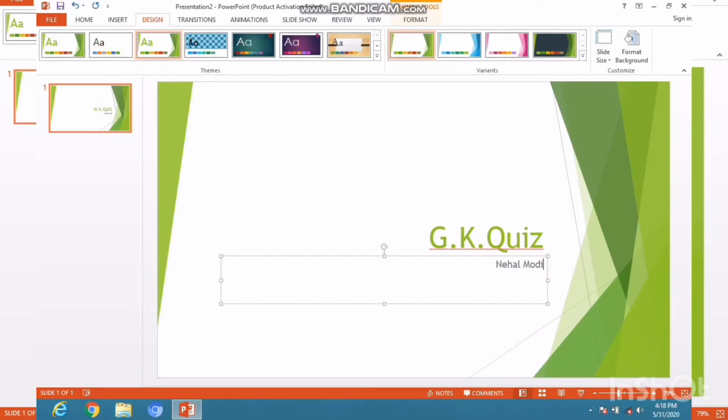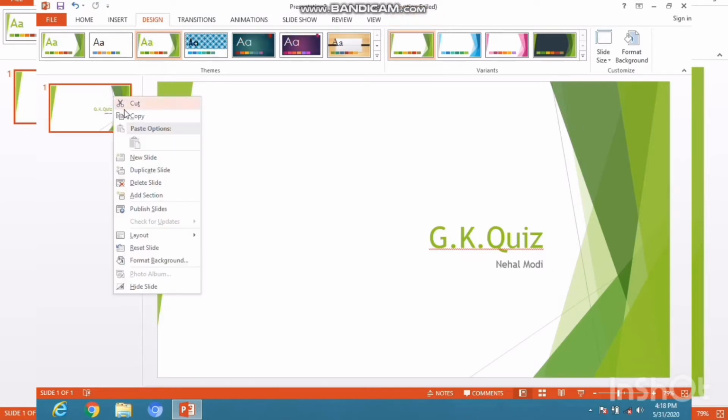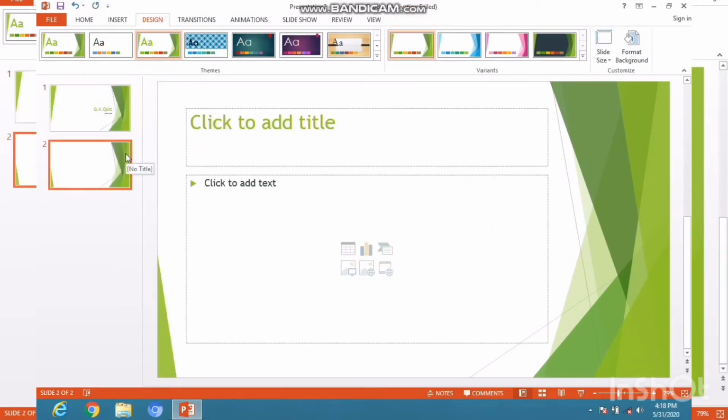Then I will take a new slide. For that new slide I will type a question here. So here I have typed randomly one question, that is what is the capital of Rajasthan?